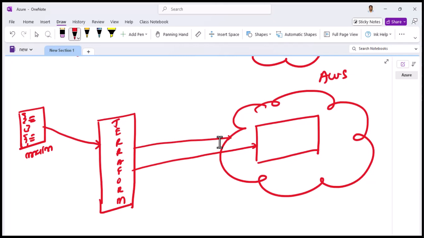So for that, I'm going to make another TF file, although it is not necessary to make a new file. We can write that code in this file also, but this is not a good practice. Always, whenever we are going to make a resource, try to make a new file. So I'm going to make a file called instance.tf,